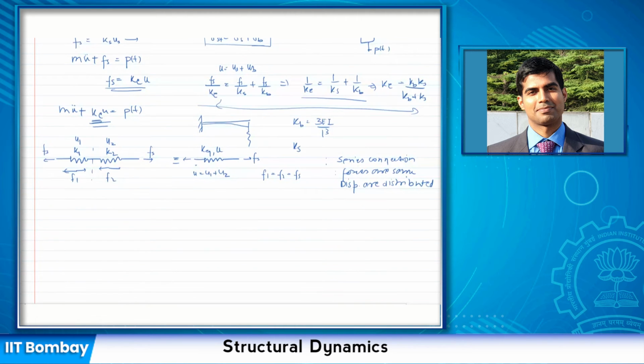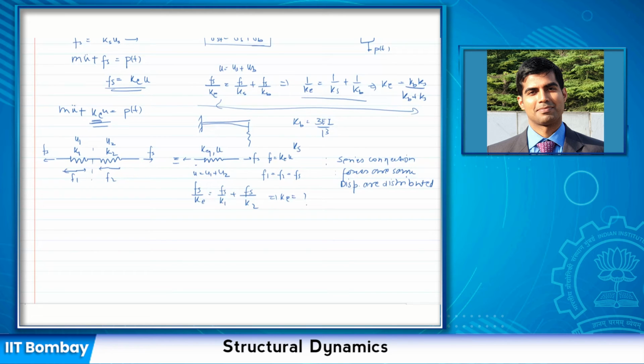So in this case, again I can write my U. Remember, I'm representing the equivalent stiffness as Fs is equal to K equivalent times U. So I can write Fs divided by K equivalent is equal to F1, which is again Fs times K1 divided by K1 and then K2. So this gives me my K equivalent. So this is one arrangement of the spring.